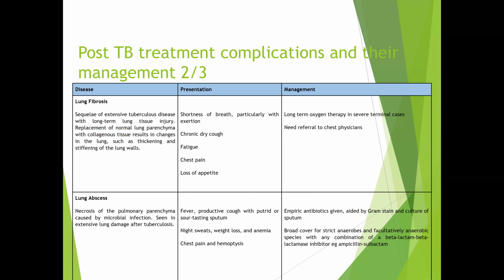And then the last one is the lung abscess. This is necrosis of the pulmonary parenchyma caused by microbial infection, seen in extensive lung damage after tuberculosis. Patients will present with fever, protracted cough with putrid or sour-tasting sputum, night sweats, weight loss, anemia, chest pains, and hemoptysis. Management is empiric antibiotics, aided by Gram stain and culture of the sputum, with broad cover for strict anaerobes and facultative anaerobic species, with any combination of a beta-lactamase inhibitor, e.g. ampicillin,